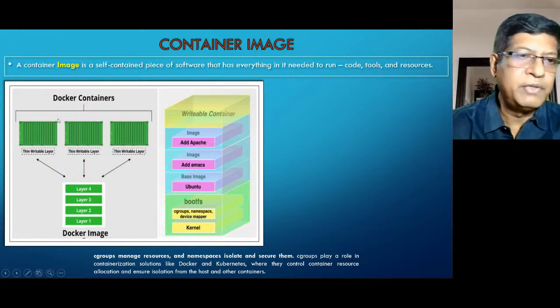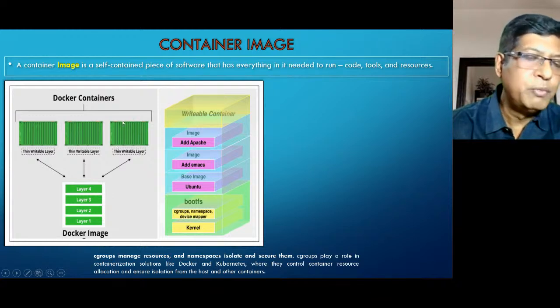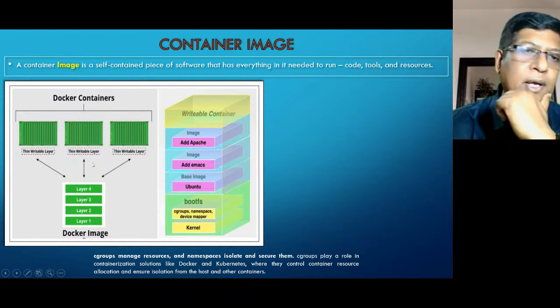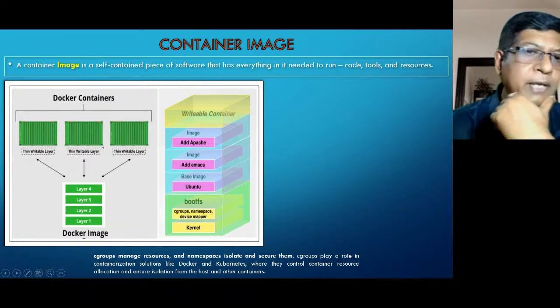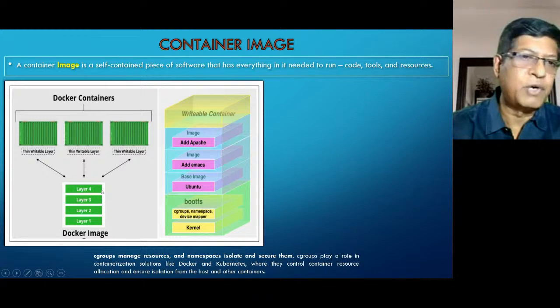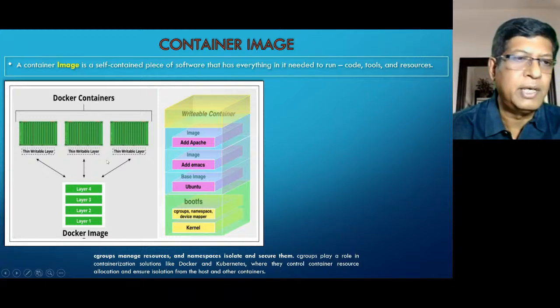Each of these containers will have their own ports. And when we learn Kubernetes, these containers will have one more abstraction layer called pods, and the pods will have their own IP address. We will not worry about that. But what I can understand from your question is you are trying to understand whether